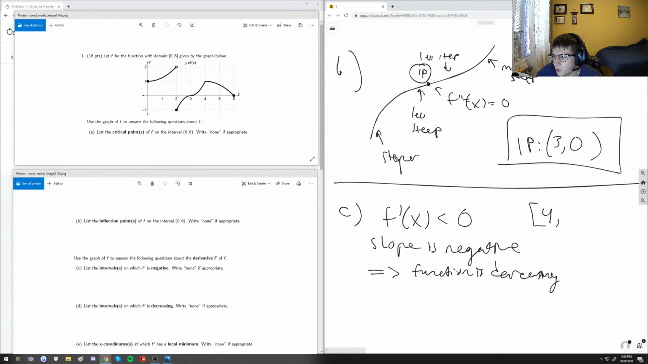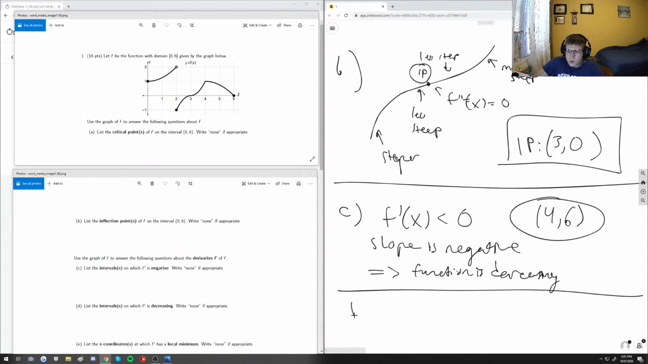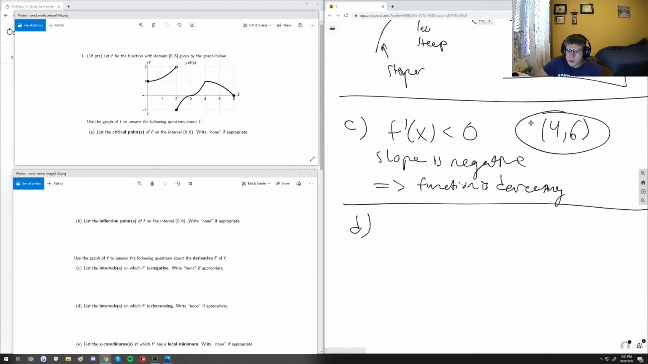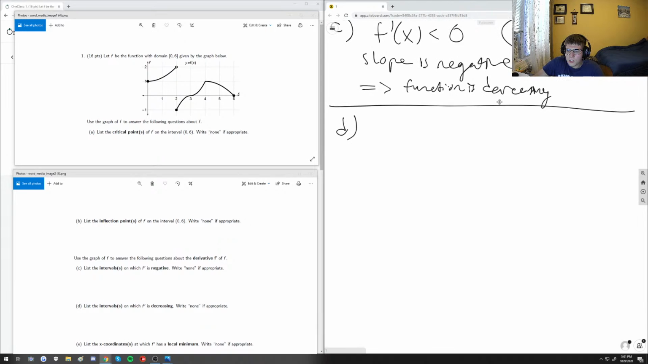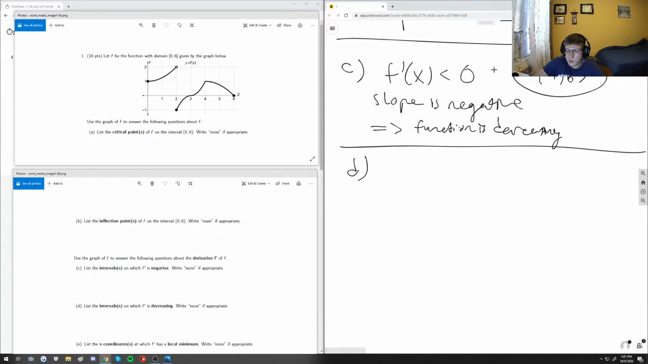And we should probably not actually include 4. Or possibly any of them. So I'm just gonna say 4 to 6 right here. So this interval right here. Now for part D, we're gonna see the interval on which f prime is decreasing. So f prime decreasing